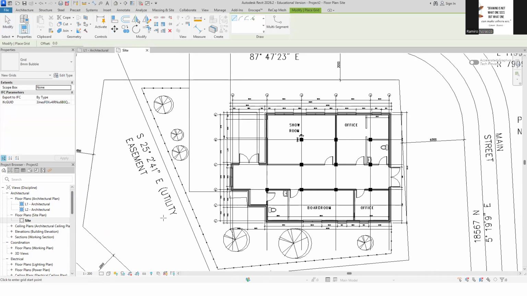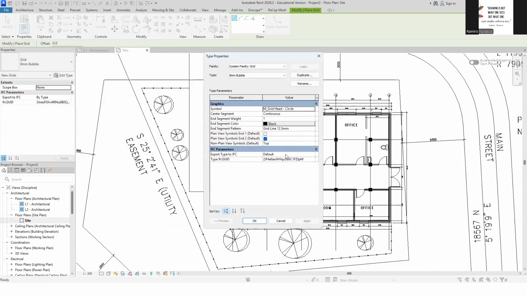GR is the shortcut key. GR, grid. So we have here an 8mm bubble. If you want to change the value of a property, you need to edit the type. These are the different properties of this family.